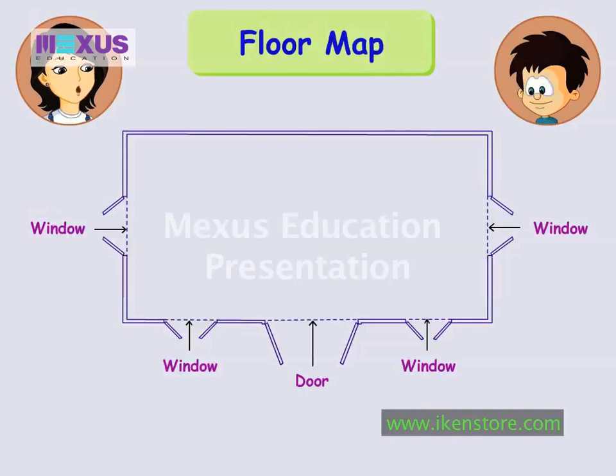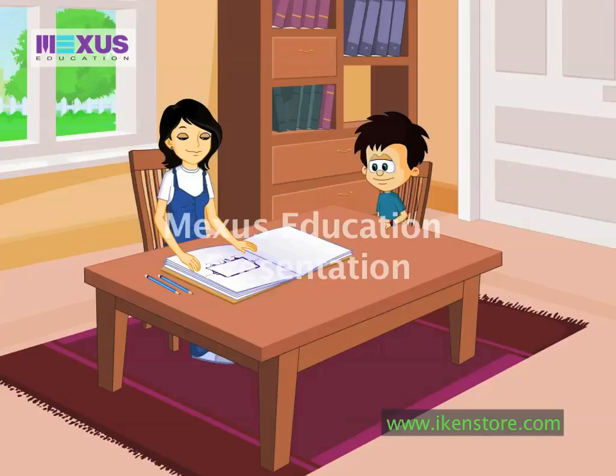Let me show you the floor map of my dog house. This floor map shows the top view of the house. Here, we can see various details of the house. Hey, your dog house will have one door and four windows. Exactly! This floor map shows us details of the house, such as its layout, the position of its doors and windows, and the area covered by the house. This is why floor maps are always made before a house is constructed.